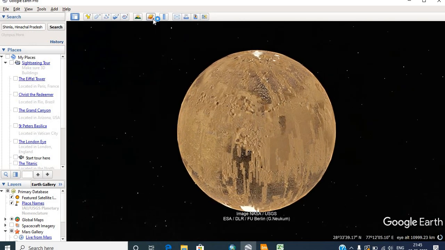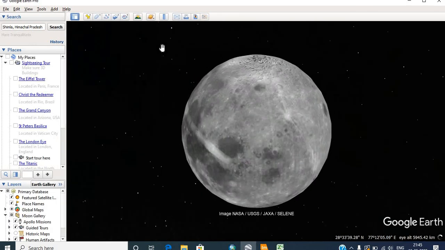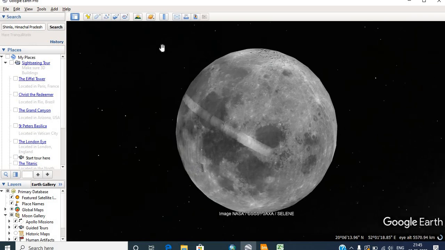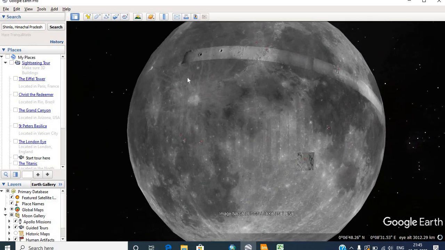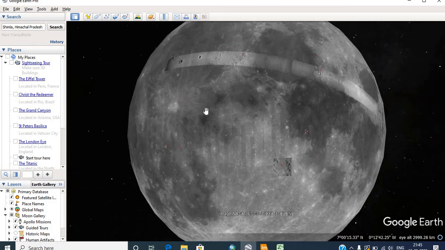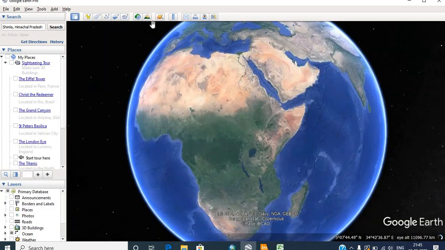You can also have a look at the digital surfaces of these celestial bodies. Many geophysicists have started doing research on different aspects of the lunar surface. But anyhow, our main purpose is just to download the Google Earth image.